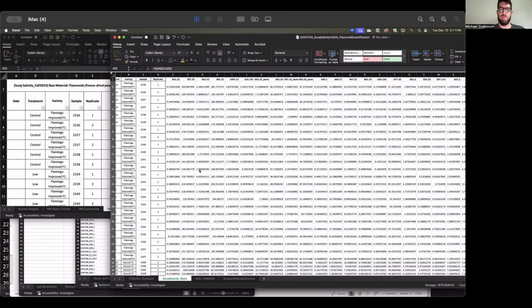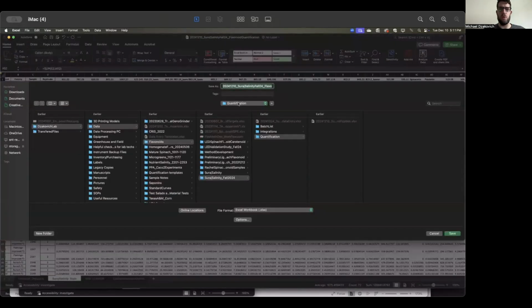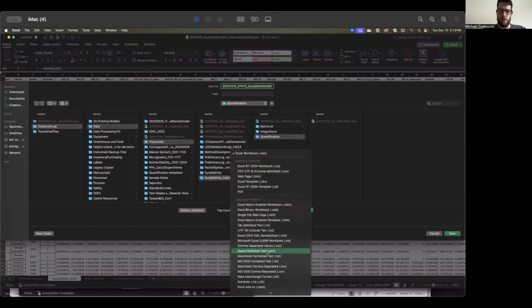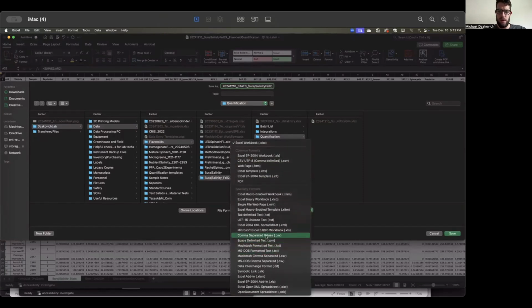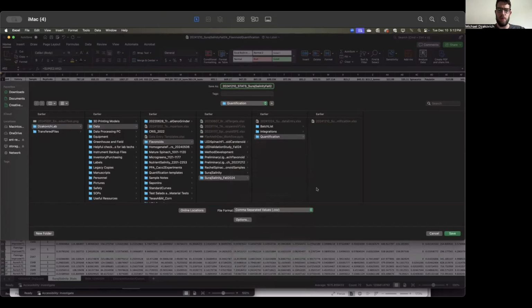Save as. We're in quantification. And so I'm just going to say, let's click in here, and name it Stats. There we go. And then I'm going to save that as a comma delimited file. Comma separated values also works, but you want it as a CSV file so that programs like R can open it up. Hit save,